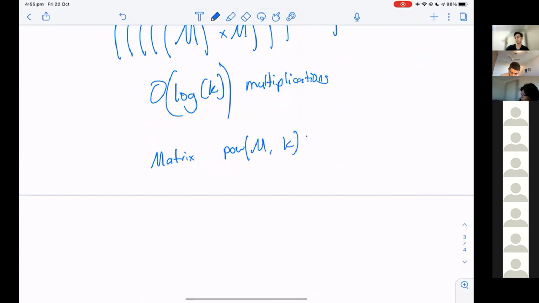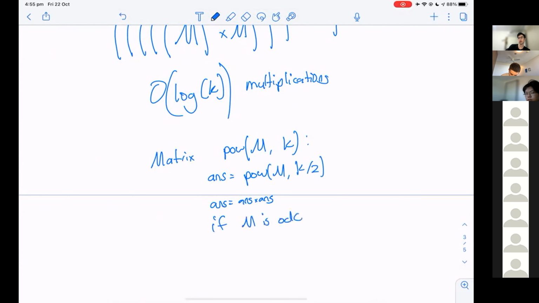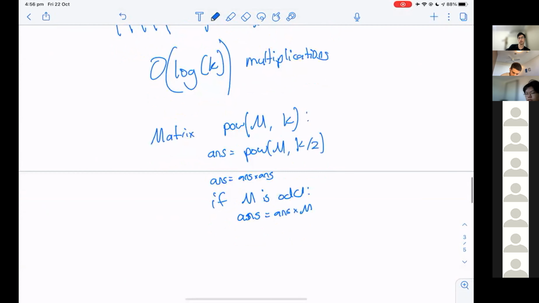This function will look like, we first divide by 2 and round down. So the answer is initially m to the power of k divided by 2, rounding down. We then square that, so we go ans equals ans times ans. And finally, if k is odd, then we multiply the answer times m. And for our base case,